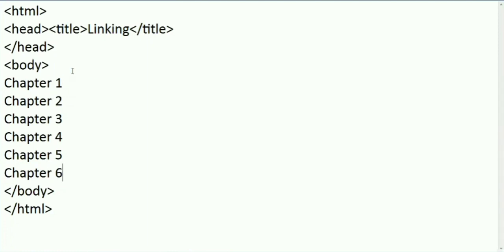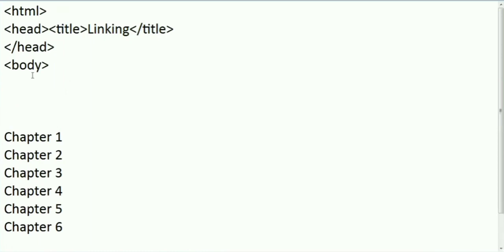So what we need to do is create one index. We'll use one anchor tag with href. Like this is for chapter 1, so I'll write here ch1.